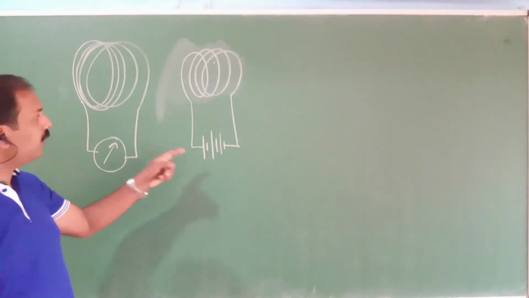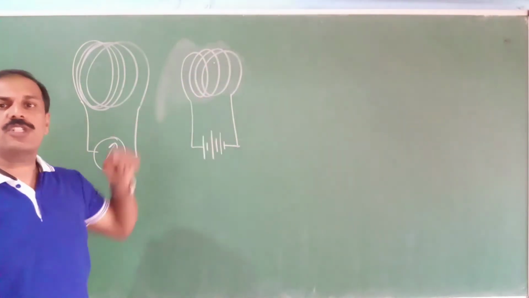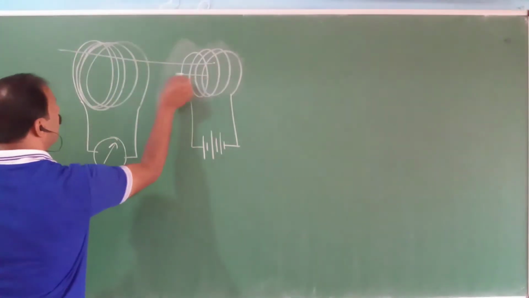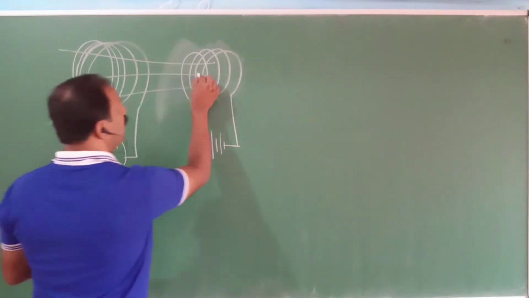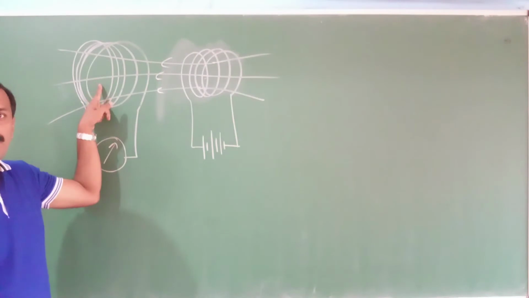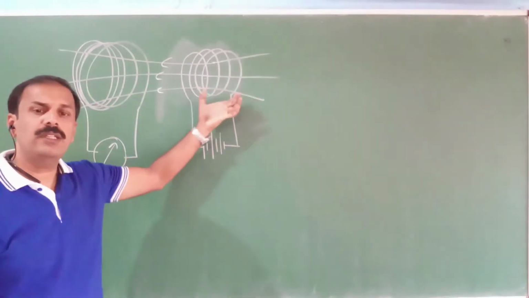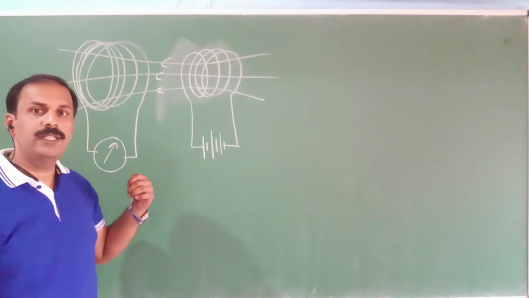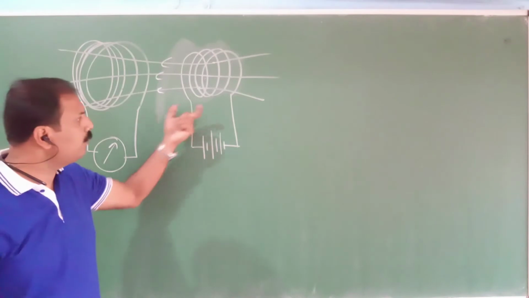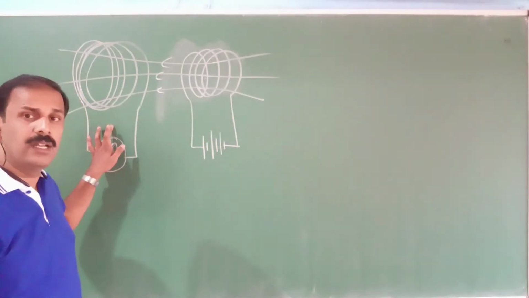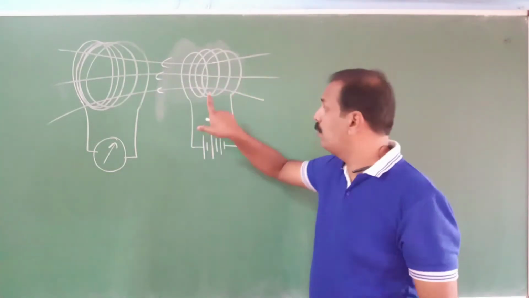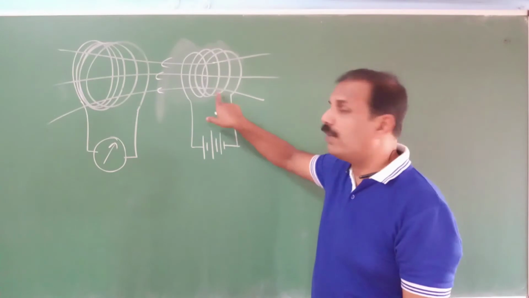So you know, when current is passing through this coil, it produces a magnetic field. So its magnetic field will naturally be passing through this one. These magnetic field lines will be there like this. Now, instead of moving that magnet, here they were moving this coil itself. So when they move this coil, it will show a deflection here. That is the work done by the magnet in the previous case. Now the same work is done by this coil.